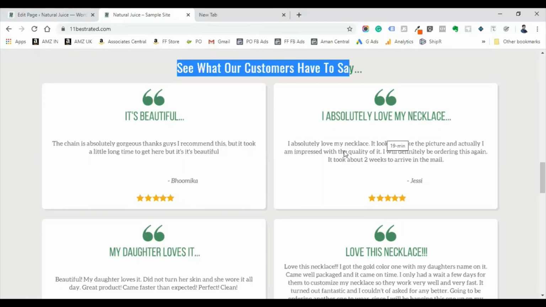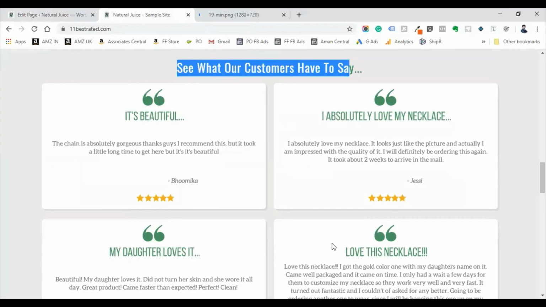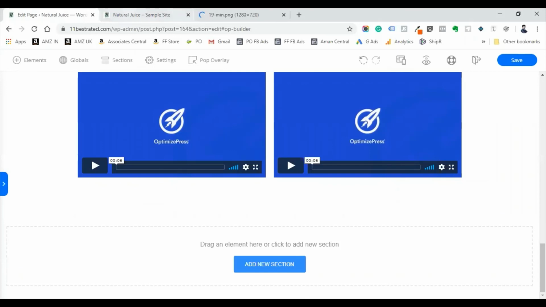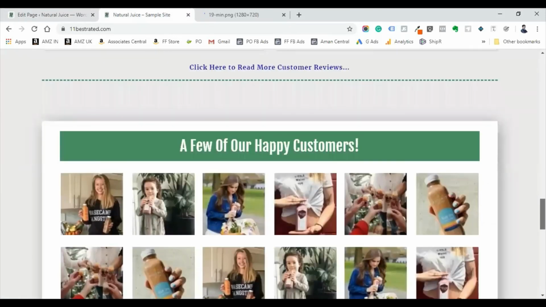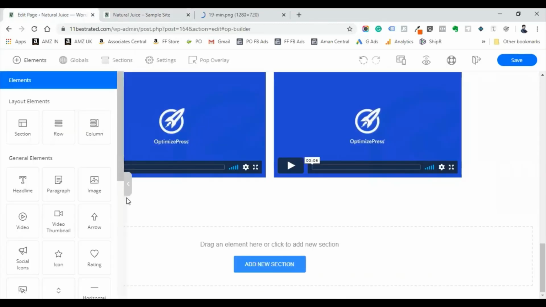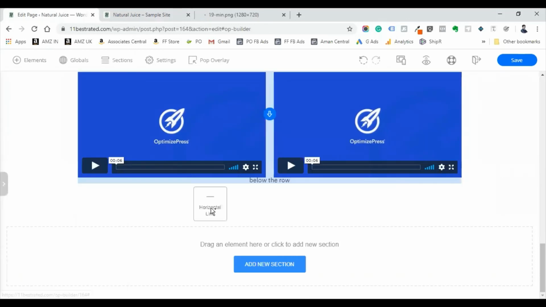You can save this image and find the size of it, and you have to create it on Canva, and you can use it here on this template. You can add a single section, add a headline. Below that, you add a double section, add these 2 images, and you can create this line by using an element called horizontal line. You will find something called horizontal line. You can use horizontal lines like this.